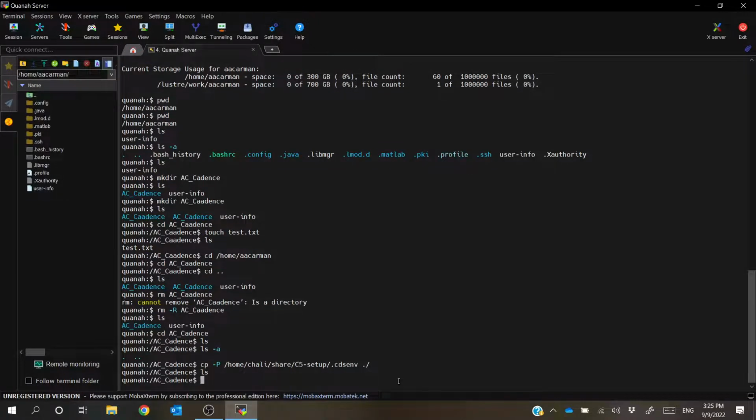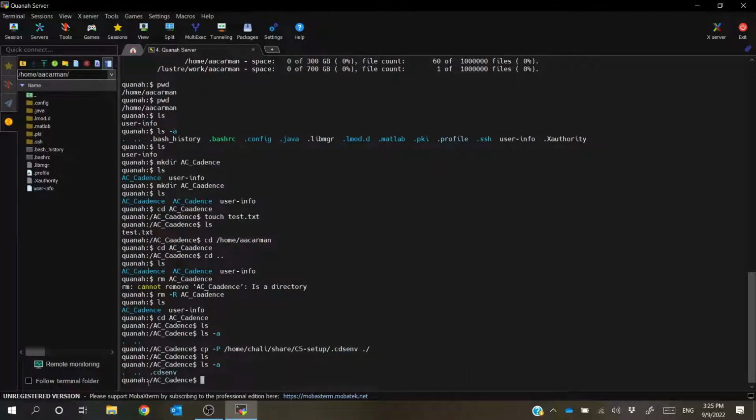And it doesn't look like it's here, but remember, it's a .cds file, so that means it's actually hidden. So we can do ls -a. We can see that that CDS environment file is there now. Now we're going to repeat this a couple more times. So this one is going to be very similar. So we're going to do